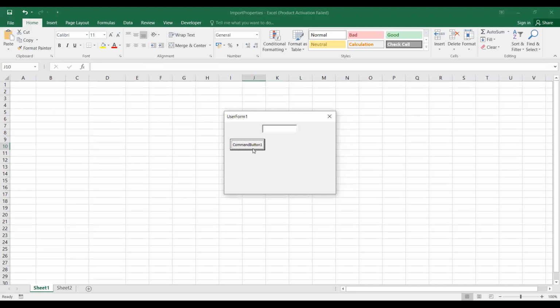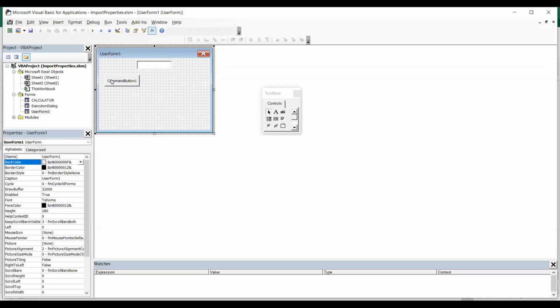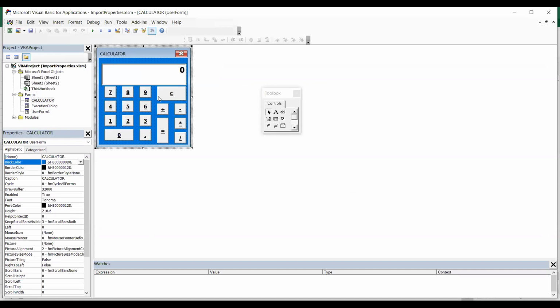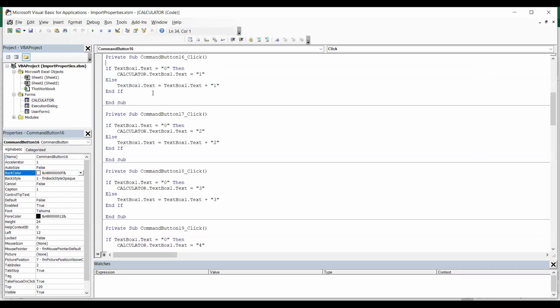This command will not work even if I click now. I can view and enter, but I can't do any process. To process this command button, I must do the coding in the background. I already created it, and I will take one command button and show what I did. This is the code for that.